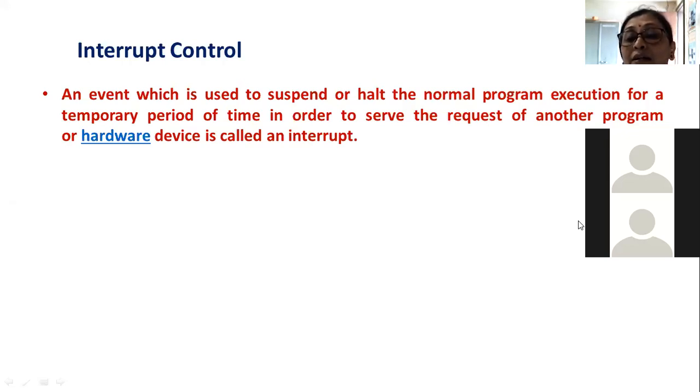That task is to be done by the CPU. So the interrupt will raise a hand to request the interrupt service. The CPU will respond to this by temporarily stopping the normal program execution. It will do the task for the device which has raised the interrupt, and when this task is done, it will return back to its normal program execution.